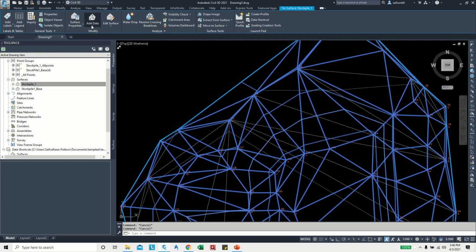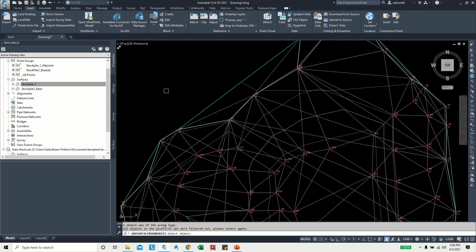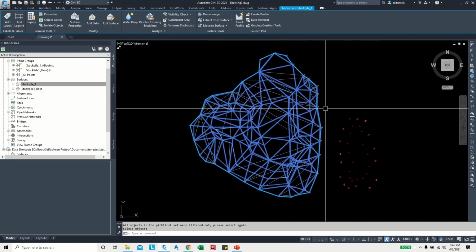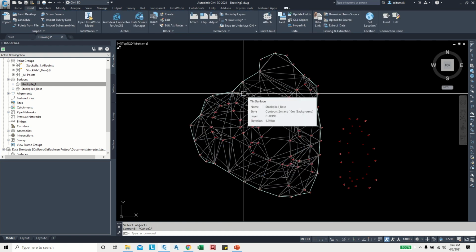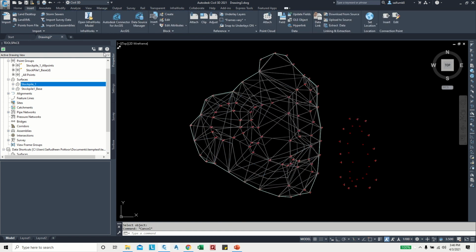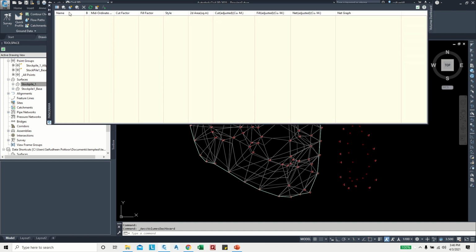Then I can add data boundary outer line. Okay, now I can select the polyline. Okay, it's selected. Now we created base and full stockpile surfaces. Now we can go to analyze tab and click here volume dashboard and click on this create new volume surface